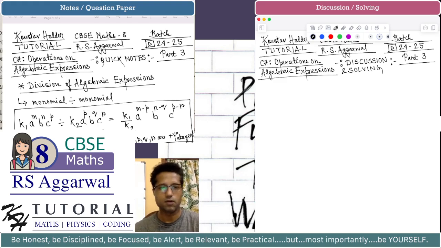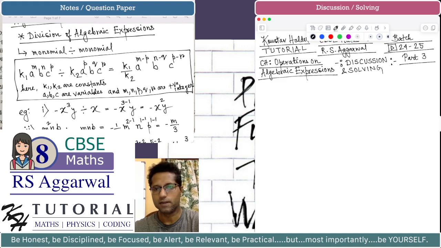And before we understand how we divide two algebraic expressions, an algebraic expression is also known as a polynomial. What is a polynomial? A polynomial is a collection of terms connected by addition or subtraction, where the powers of the variables in each term are non-negative integers, that is, the powers are either 0 or natural numbers. Okay, so first we need to understand how we do division of two monomials. Okay, so in the notes, as you can see,